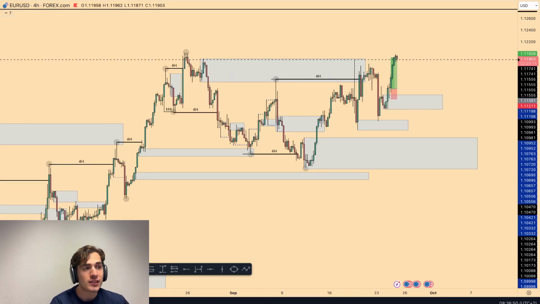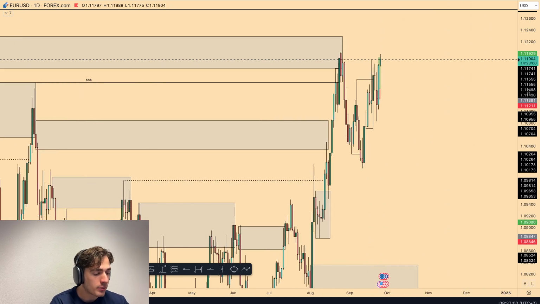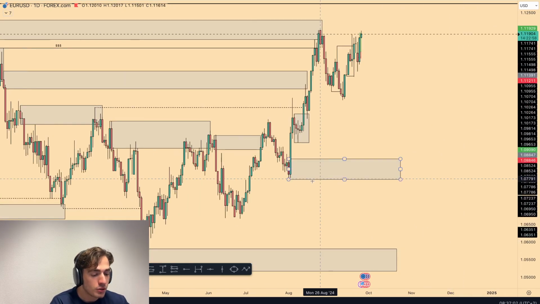So euro dollar has pushed up higher in line with our expectation, and we're going to dive into the exact trade that I took and of course the other major dollar pairs. So starting off with euro USD on the daily time frame, guys, what an absolute beautiful piece of price action